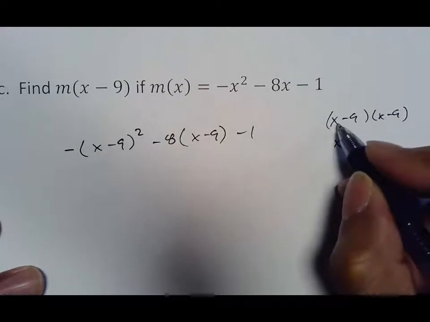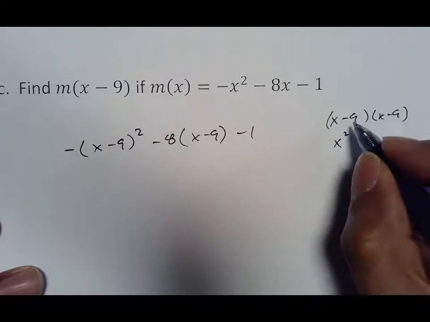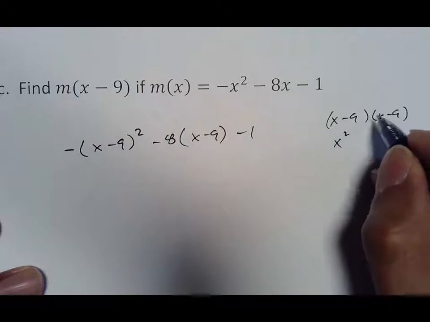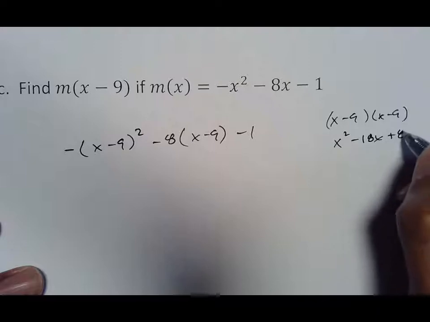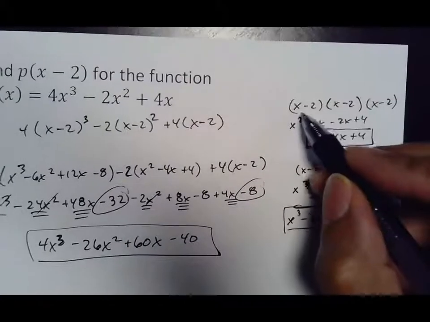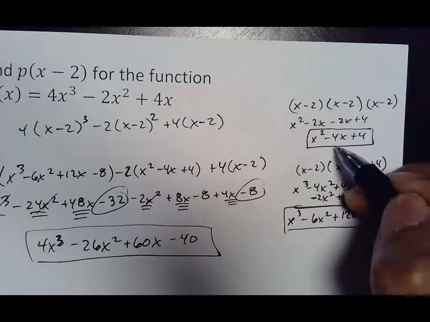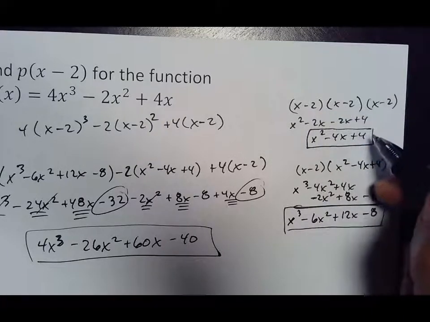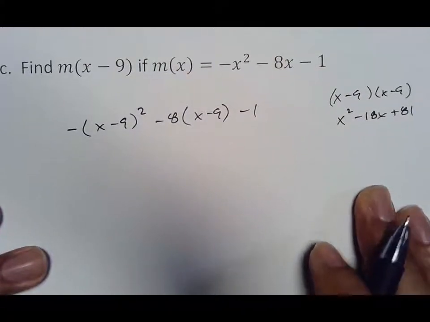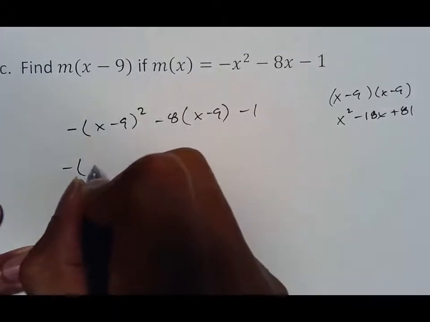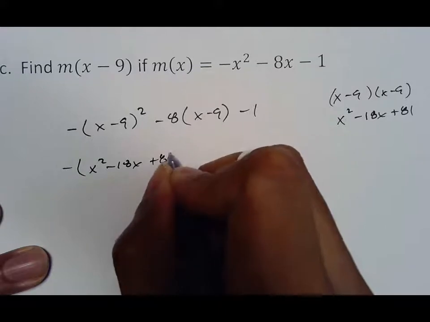Whenever you're multiplying these and you have an x and a number, by the way, just a regular x, not a 2x or a 3x, it's going to be this times that, and then this plus that, and then this times that. Showing you up here, x times x is x squared. Negative 2 plus negative 2 is negative 4. Negative 2 times negative 2 is positive 4. Something you want to practice so you can get faster at it or better at it. Other than that, you get negative parentheses x squared minus 18x plus 81